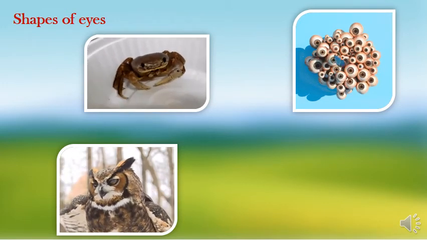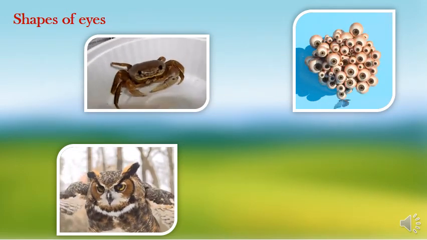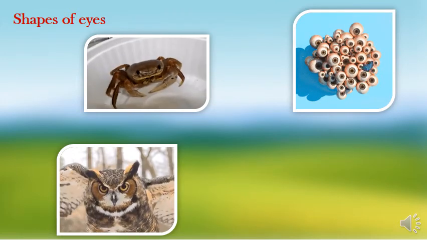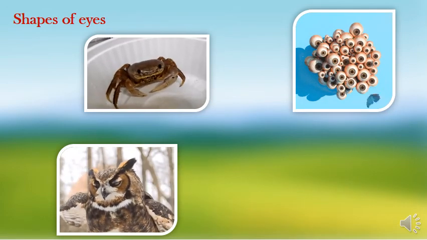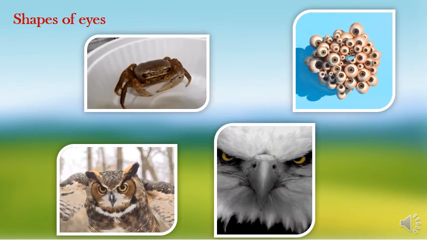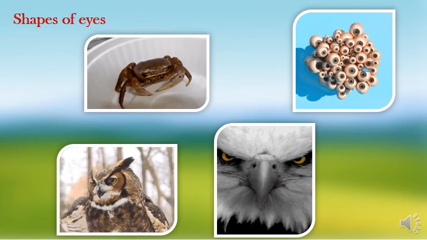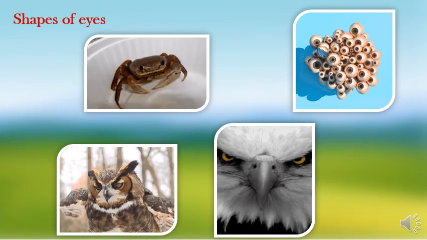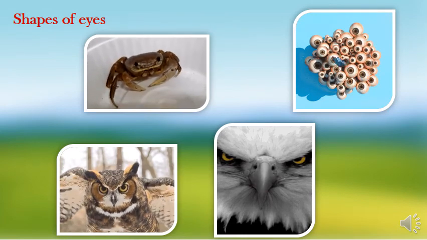The owl has a large cornea and a large pupil to allow more light into its eye. Also, it has on its retina a large number of rods and only a few cones. On the other hand, daylight birds like kite and eagle can see well during the day but not at night. The day birds have more cones and fewer rods.